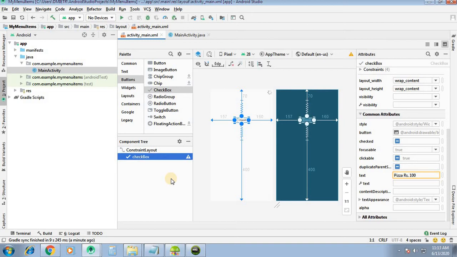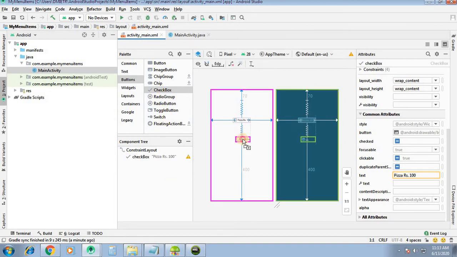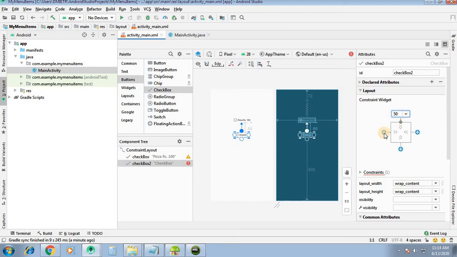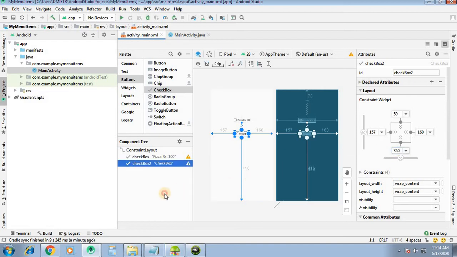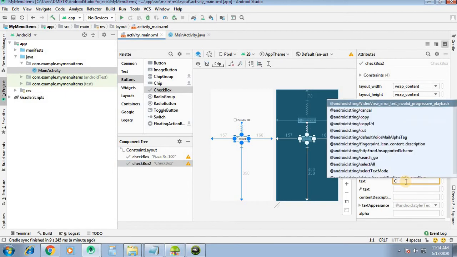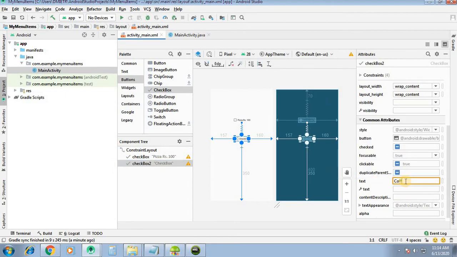Then second checkbox, we will set the coordinates for this also, and the text will be coffee rupees 50.